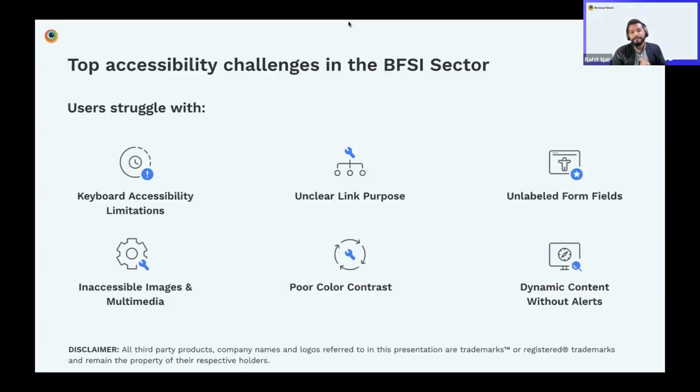You get different viewpoints across the organization. There are some that will say we need to do this because it's the law, so obviously we need to follow the law, particularly in a regulated industry. There are some people that want to do this because it's just morally the right thing to do. We don't want to exclude users from our services. But then there's also a massive business benefit. I've got the figure scribbled down next to me: I think it's £270 billion in the UK, the spending power of what we call the purple pound, people with accessibility needs.